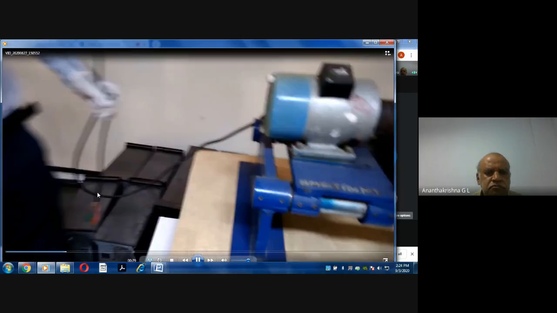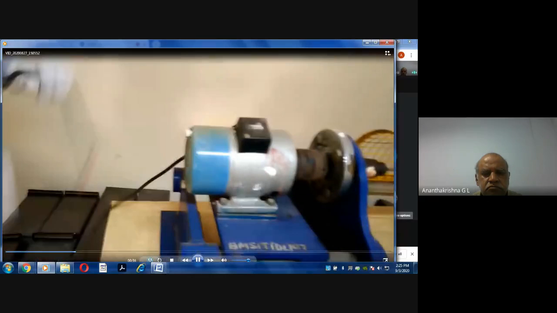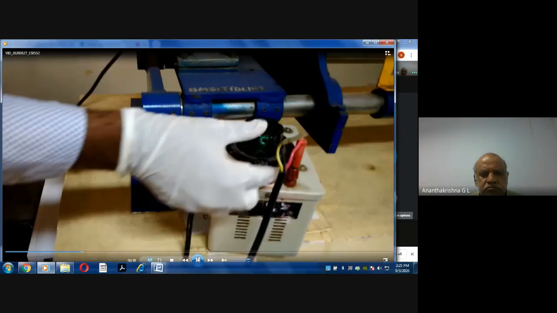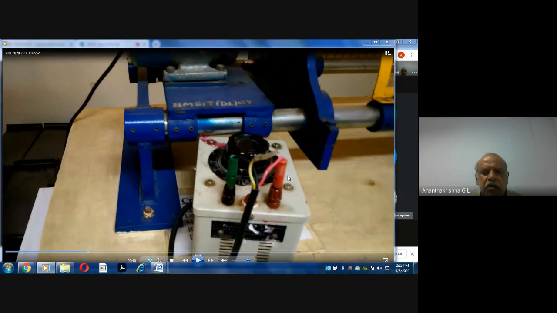Now, before you start the exercise, you take up the dimmerstat. That is the dimmerstat. Then from the knobs from the motor, connect them to the dimmerstat. We have yellow and red. Can you see that this is the dimmerstat? The knobs from the motor are connected to the dimmerstat over here. Okay, are you with me? Yes, sir. And see, sir, that the pointer of the dimmerstat is at 0 before the experiment.